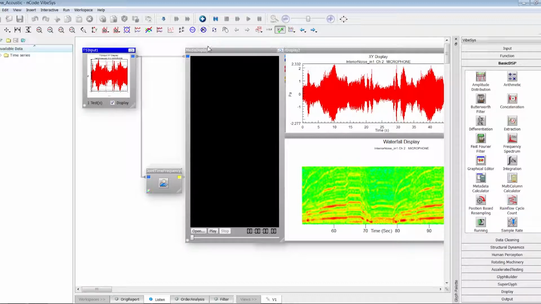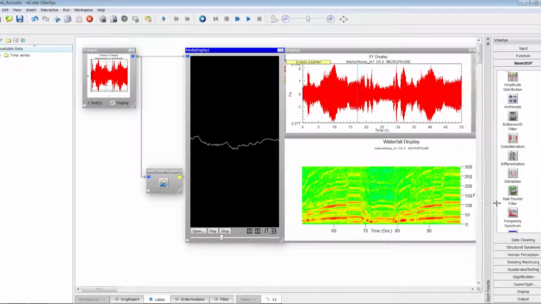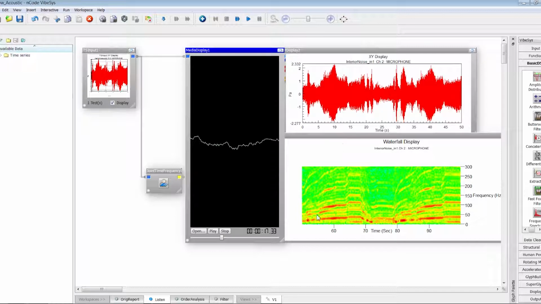I'm going to use this glyph here to listen to the time domain signal. I've got a cursor moving onto the signal, showing me where we are. I guess you can hear that. Maybe you can hear that. And I've got a feeling, looking at the time-frequency plot here, let me stop that now, that the noise that I'm hearing is related